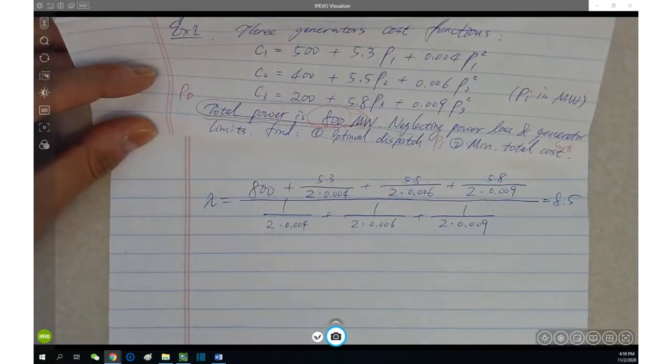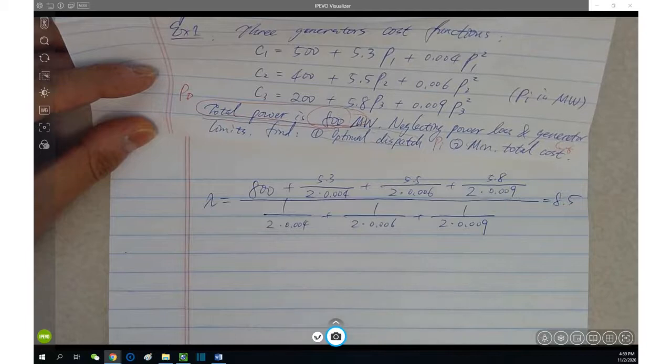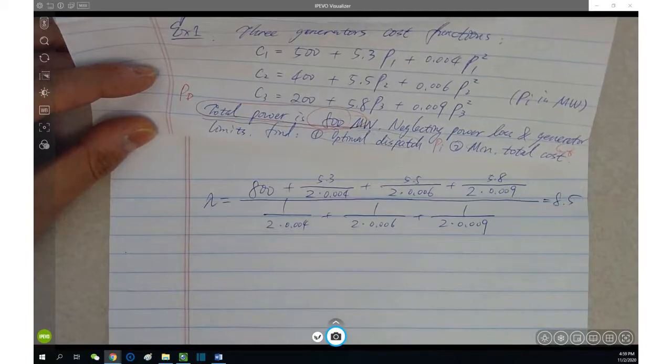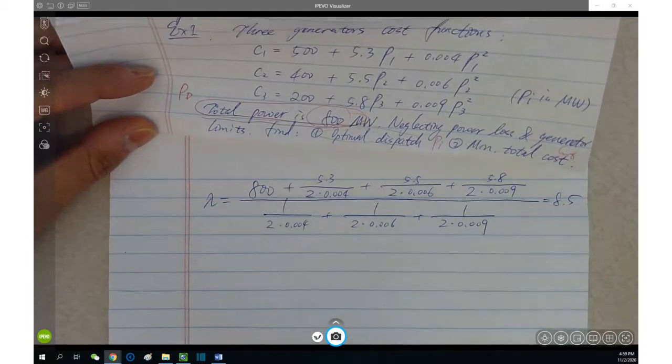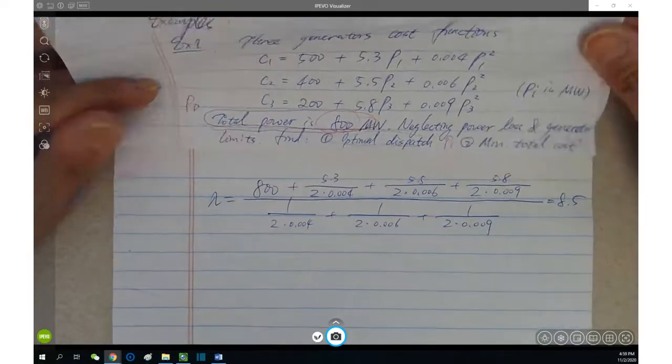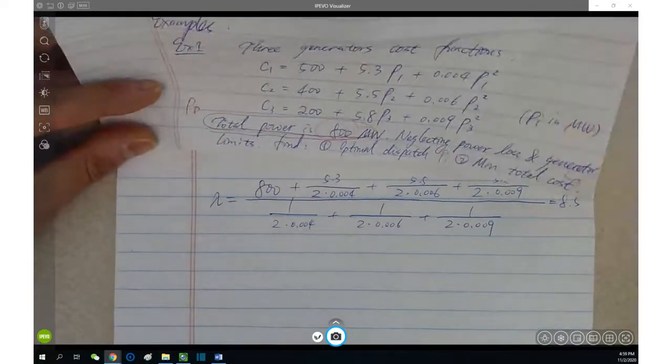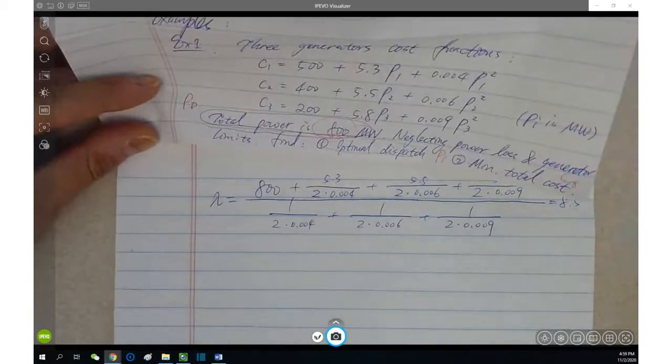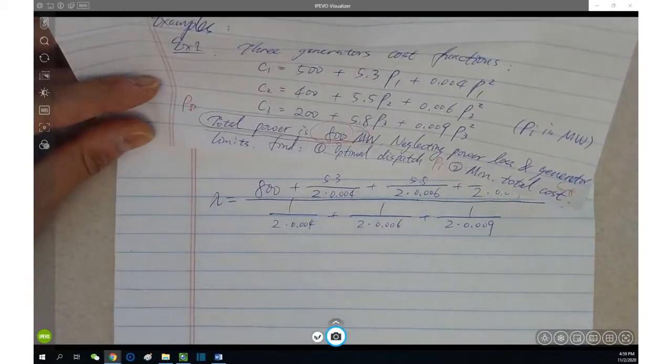Very good. Noah got the correct answer too, and also very good. Noah noticed the unit easy. Very good. Anyways, we go back to the first one. The lambda. Lambda is equal to 8.5. What's the unit? Lambda has unit too, right? So what is the unit? Anyone has any idea